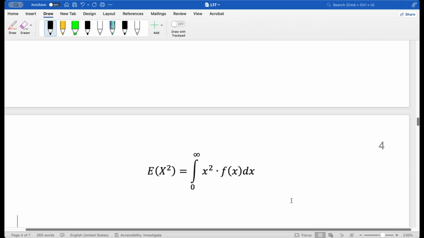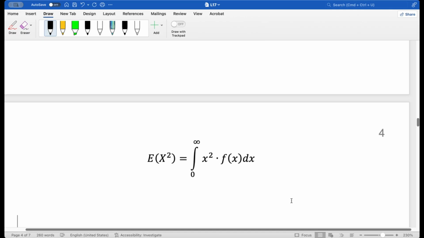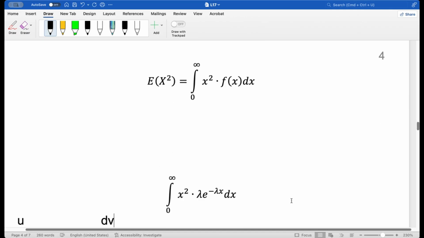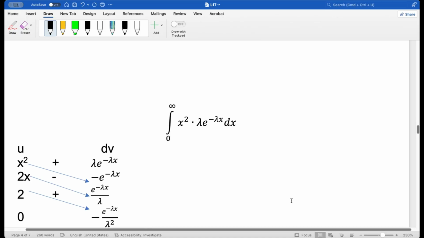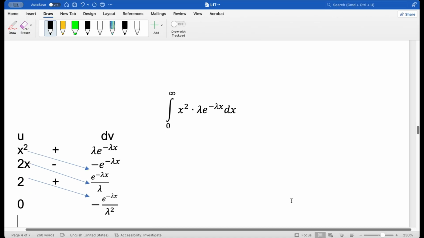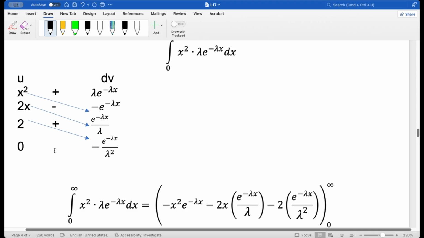To get the variance, we're going to start out with E of X squared. Now, this is going to require integration by parts twice, so the tabular method works a little better here. We're going to get x squared, and then for u, the derivative is 2x, then 0. Then the dv expression, integrating. Again, every time we integrate, we divide by negative lambda. So it cancels out the first time with the lambda. Second time through, we get a lambda in the denominator, and then a lambda squared. The signs alternate because of the subtraction and integration by parts.